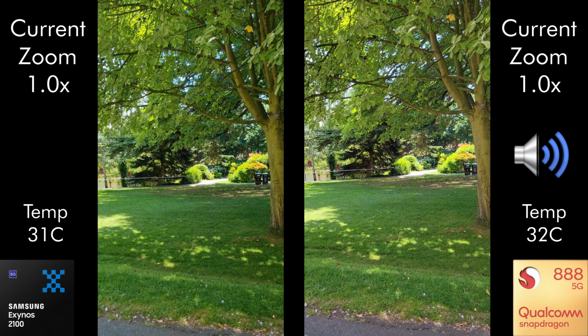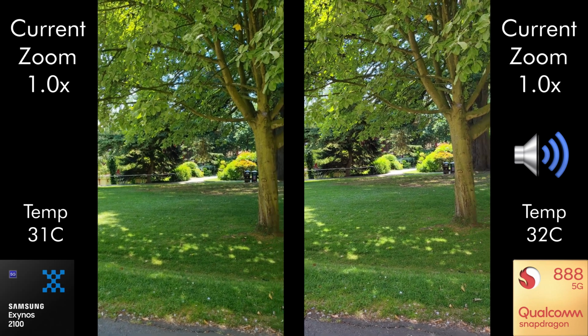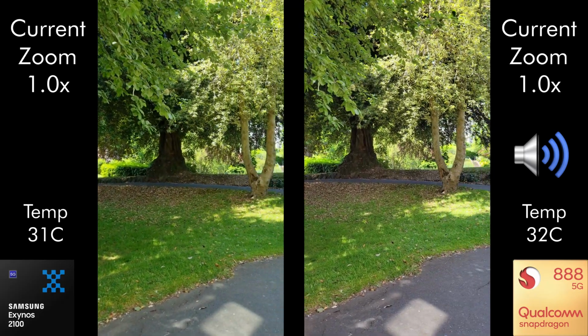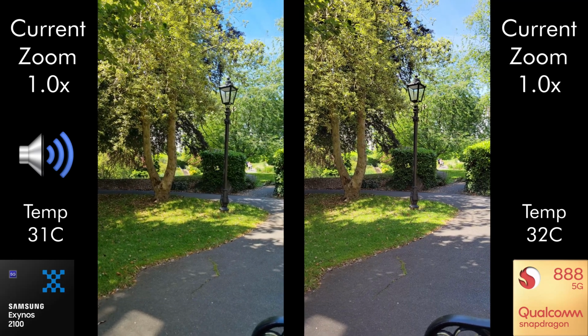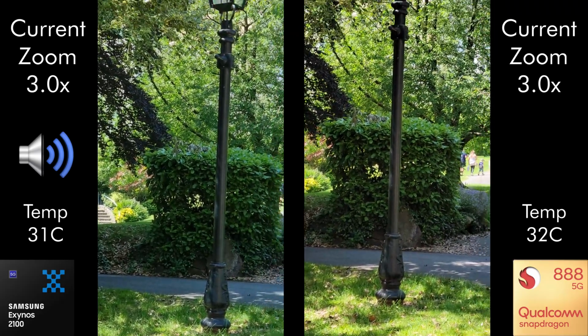Now the Exynos does have two SIM cards in, the Snapdragon does not, so it's just worth bearing that in mind. But we'll just do a few zoom tests and see how they both compare this month. So this is obviously at 1x zoom. If we go into 3x zoom now,